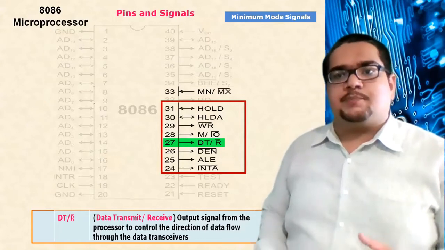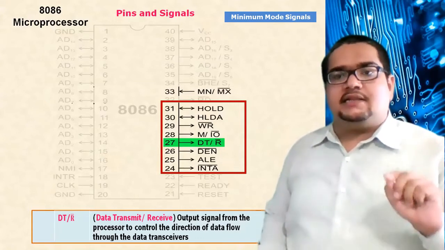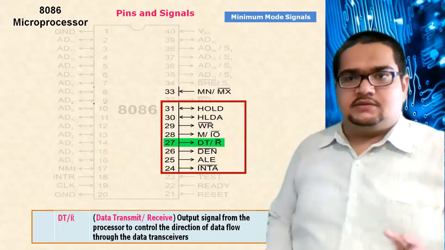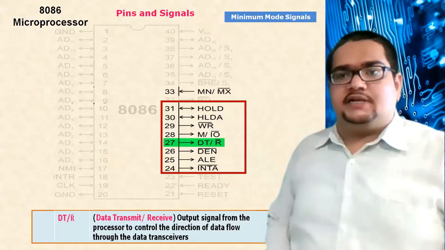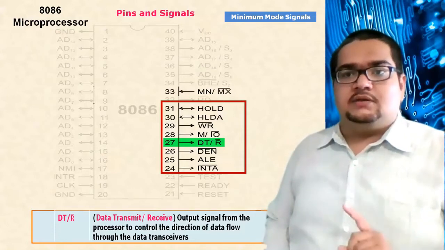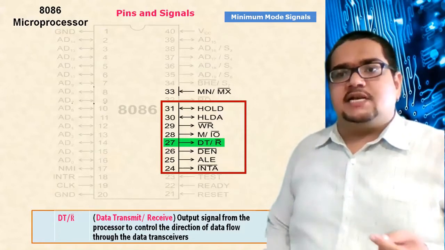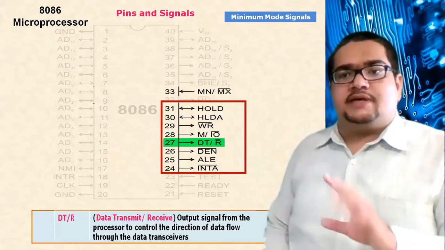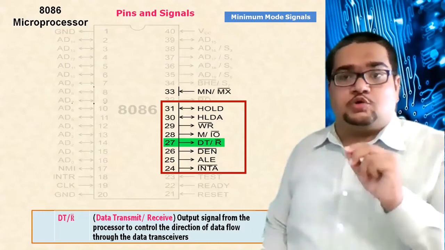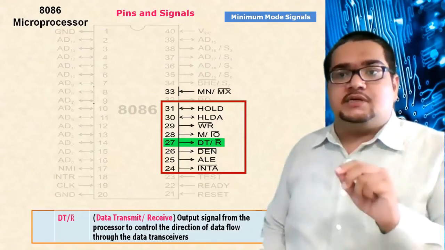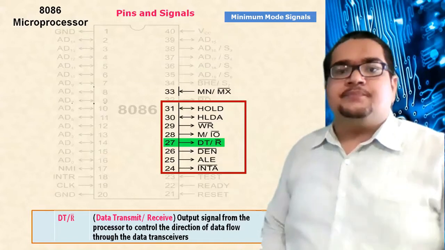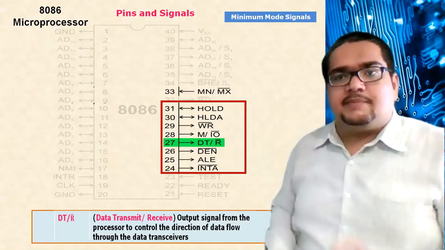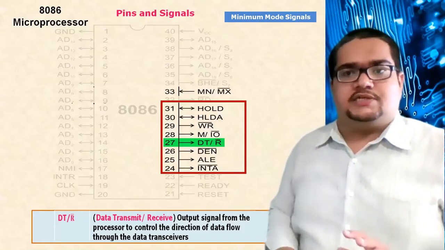See, whenever the processor is reading, that read trigger is directly given to the input device or the memory from where it is reading. The signal directly gives a trigger to that particular device from where the processor wants to read. Okay. Similarly, the write signal is also given directly as a trigger to the device, either memory or the IO device, to which the processor is writing. Whereas this DT/R bar is a general indicator that the data bus is engaged by the processor for data communication.